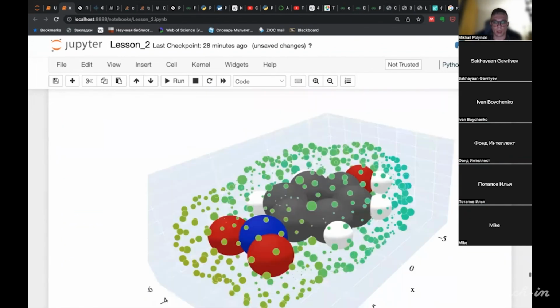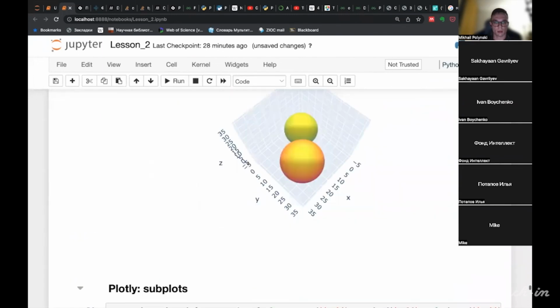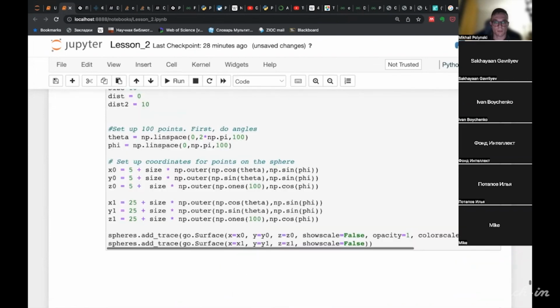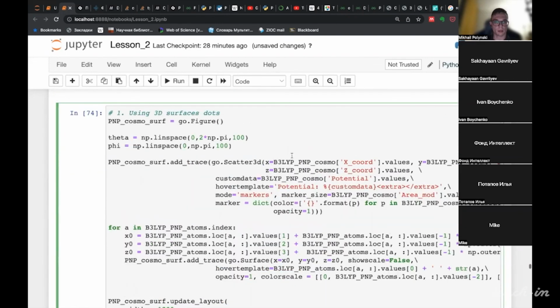Here I also can make a 3D plot like this.